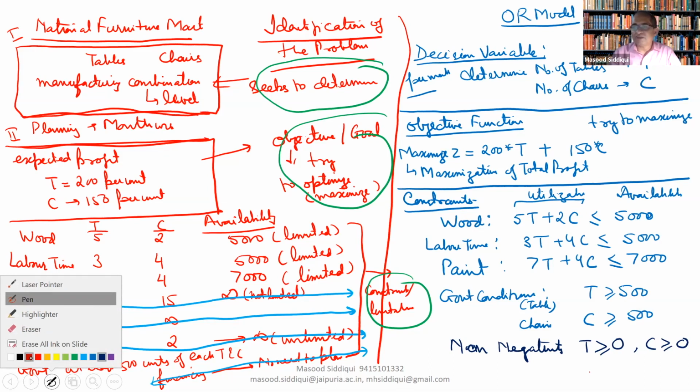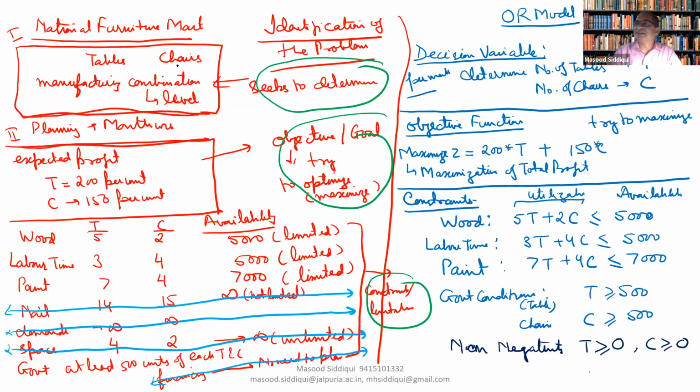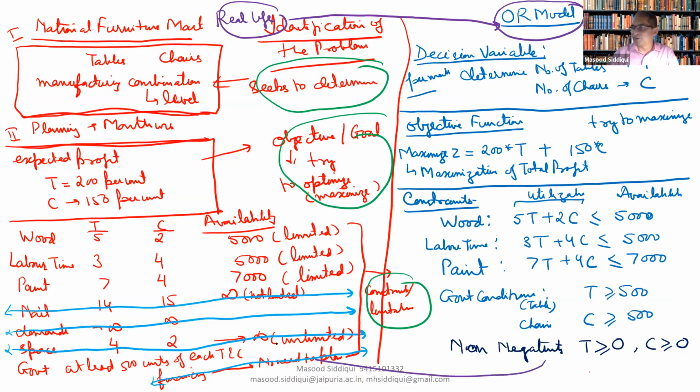Right. So now, if we take up these situations, this is the real life situation. And this real life is being converted into an OR model, which is amenable to solving through some algorithm. So this would be solved, and these results would be imposed on the real life. So this will be the entire scenario. We will develop an OR model from real life, then we solve this model, and these results are to be imposed on the real life.